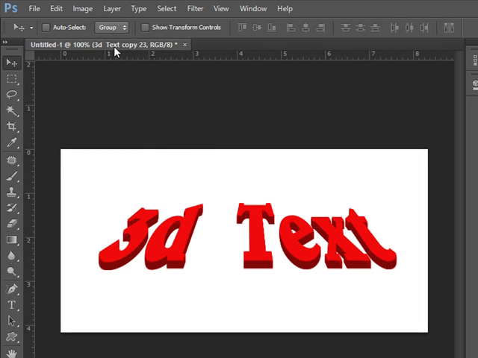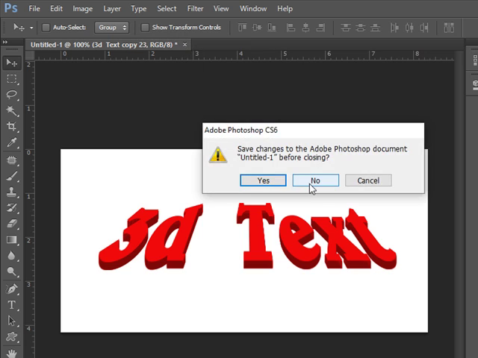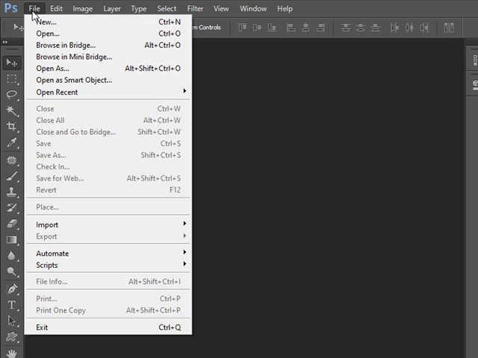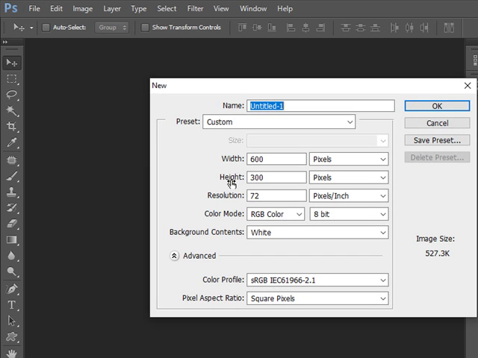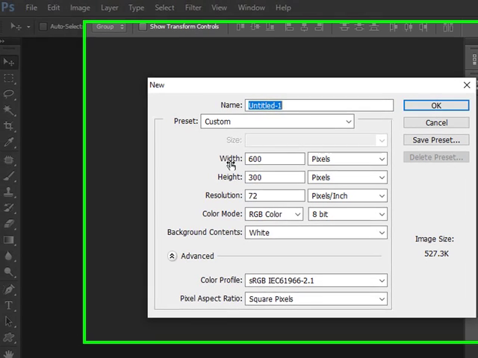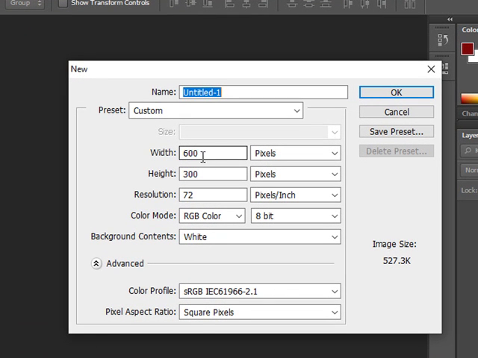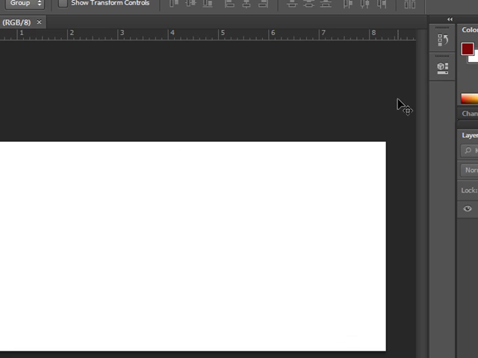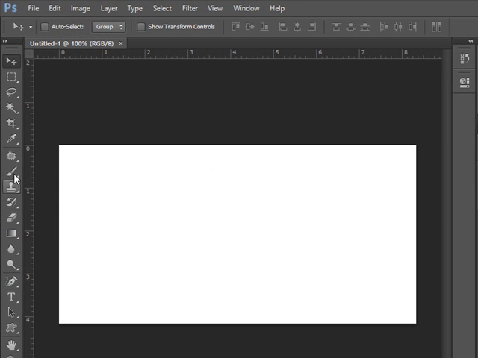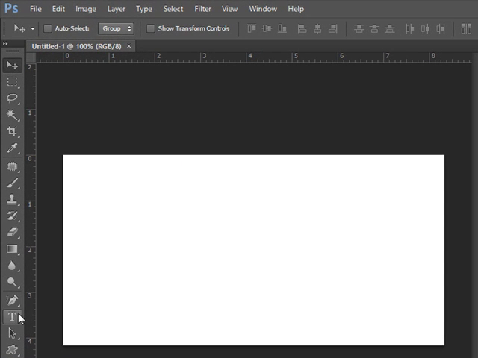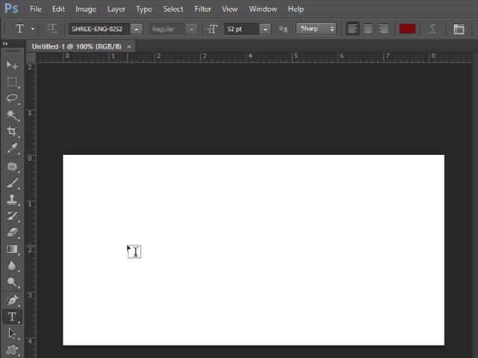So now I am closing this file. Go to File, New, give width 600 pixels and height 300 pixels. Click OK. Now take a font of your choice.